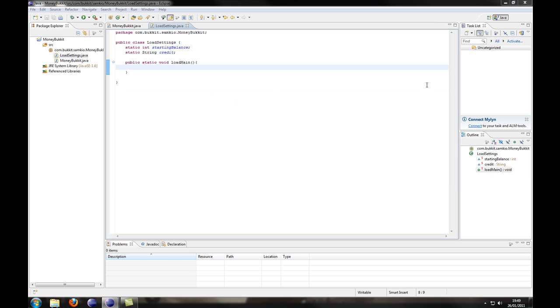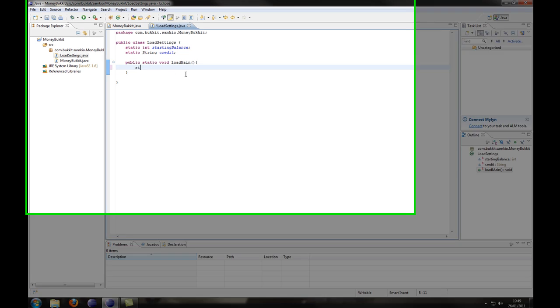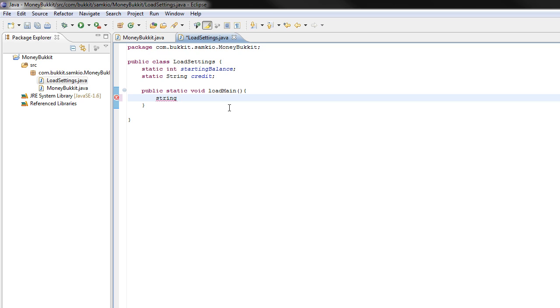Now, first of all, we're going to define our property file. I cannot type, and we're going to get the main directory from the previous class,